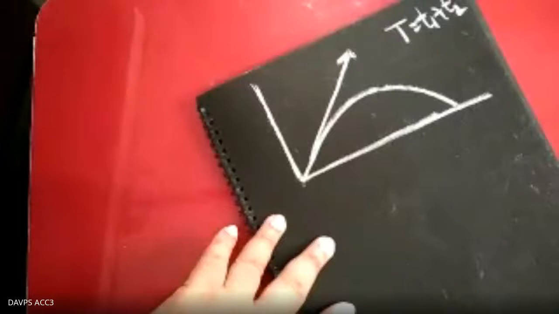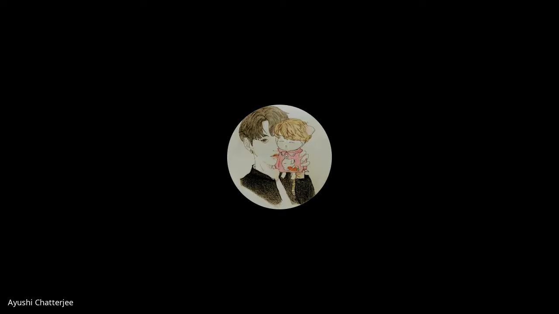So the time of ascending is equal to time of descending. Time of ascending and time of descending. No. Sir, I think that there are two different velocities for which the projectile attains the same height. Because of different velocities, the time will also be different. So u sin theta by g will be different.